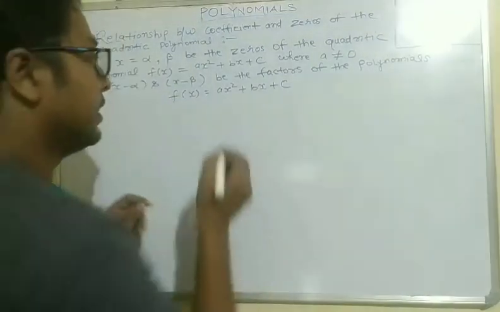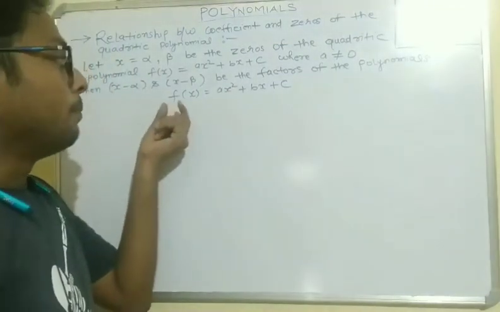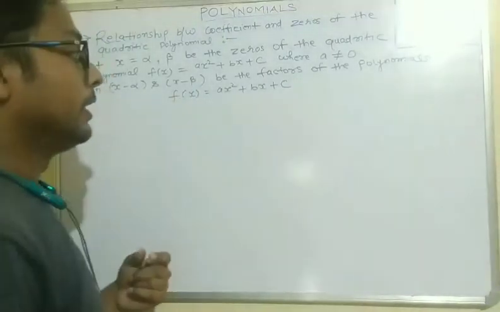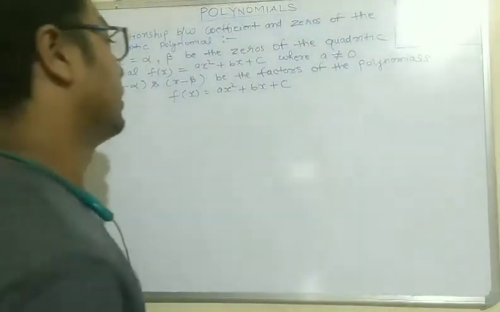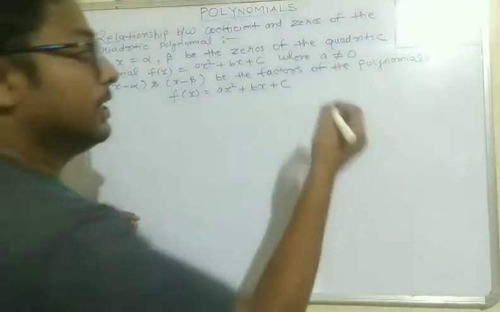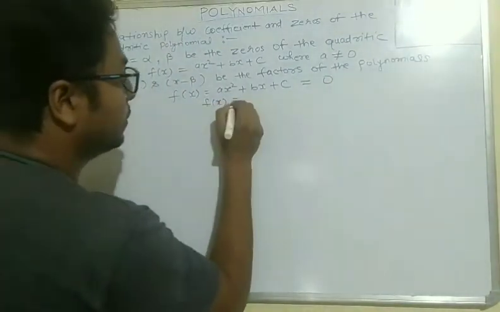It can be written that x will be some value where the value of the polynomial will be 0. Then x minus alpha and x minus beta will be the factors of this polynomial. It can be written that ax square plus bx plus c equal to 0. It means that f(x) equal to 0